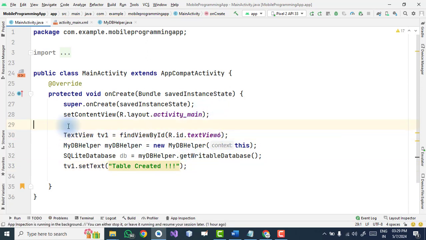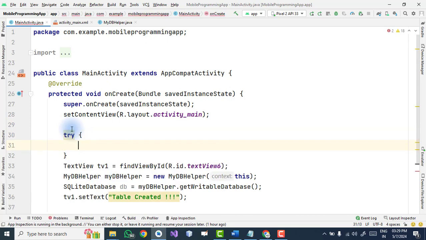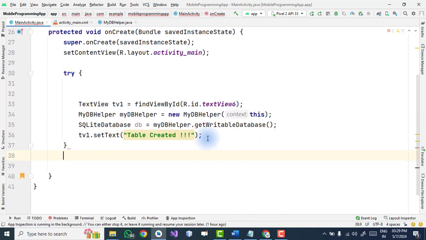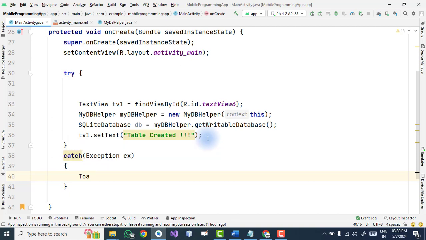Okay, now if there is any runtime error or exception, we write the code in a try and catch block so that we can catch an exception EX and display this exception on TV1, display this exception on a toast message, and we write here within double quotes Error colon plus EX.